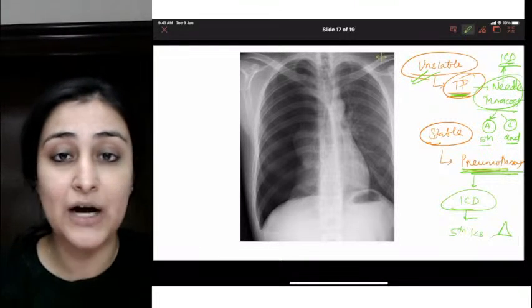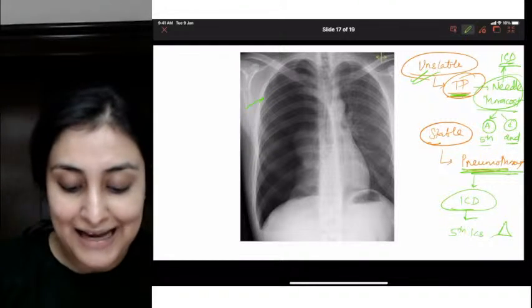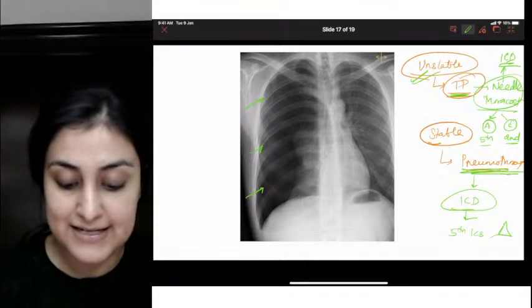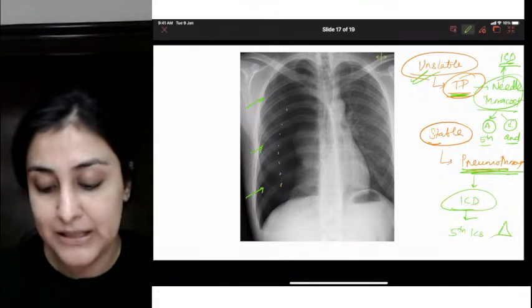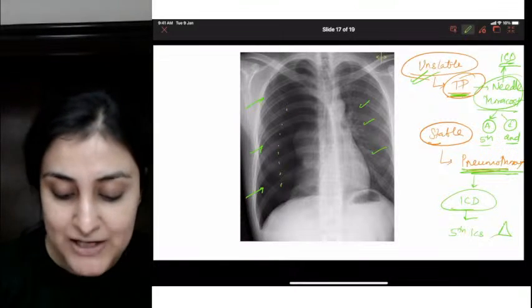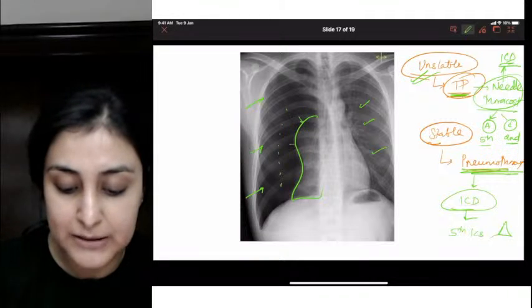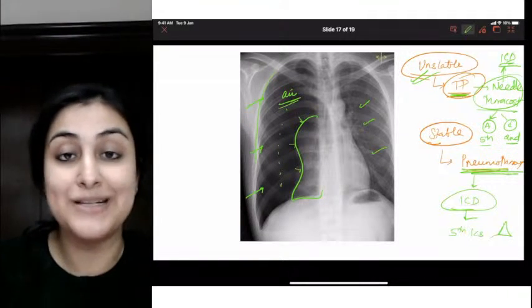So what are we seeing? How to identify pneumothorax? We are seeing that there is this blackness, this lucency here in the outer part of the chest X-ray without any bronchovascular markings. Normal lung has bronchovascular markings. Here we have no bronchovascular markings, and I am seeing that this is the lung, this is the visceral pleural line, this is the parietal pleura, and there is air accumulated here.